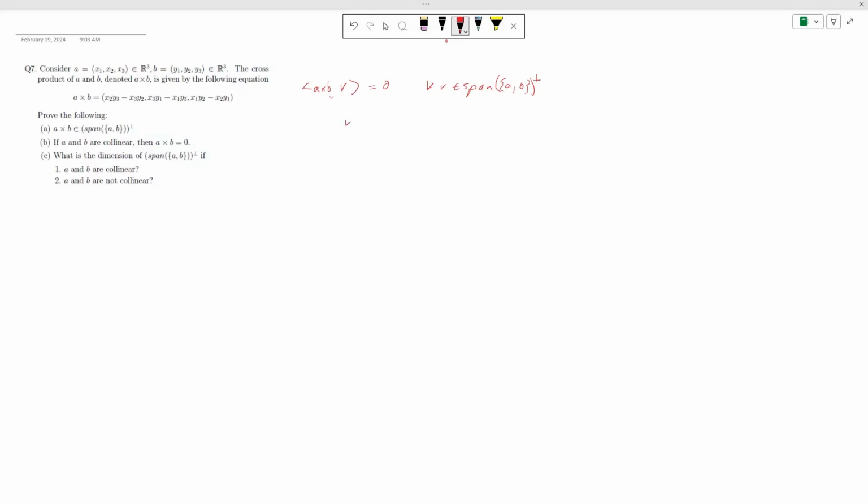V is in the span if V equals C1 A plus C2 B. So I want to show that the inner product of A cross B with this expression equals 0 for all possible C1 and C2. The way I'm going to do that is to look at the inner product